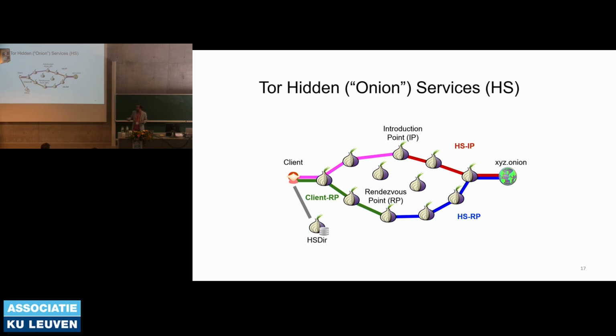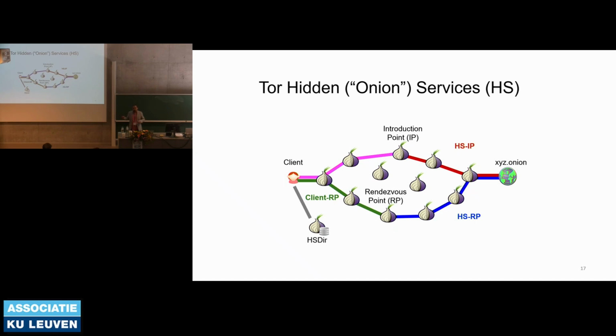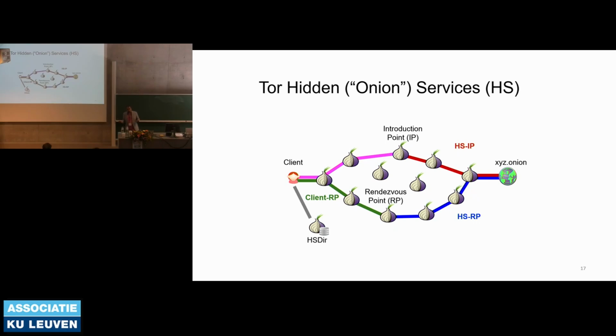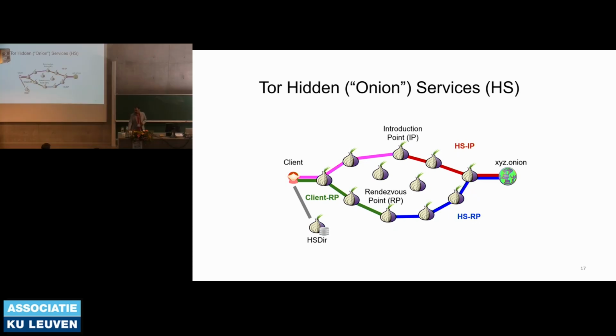And also, suppose you created an introduction point as a service, and you put it in the hidden service directory. You became popular, and then many people can use the same service name and put it in the hidden service directory. There is no way to verify. How do you certify such services? Because those are anonymous. So there are many open problems related to hidden services that are not yet solved. But right now, this is what we have.